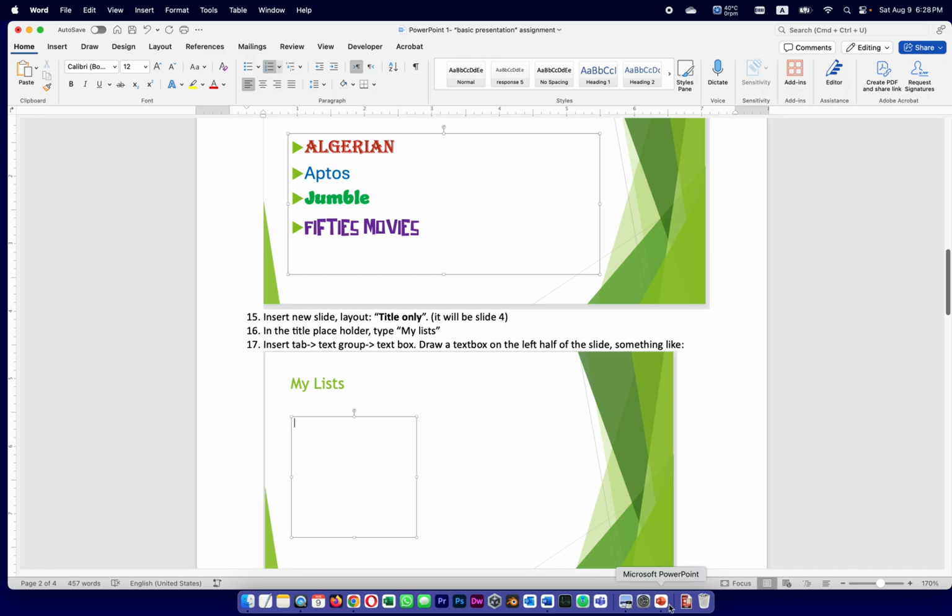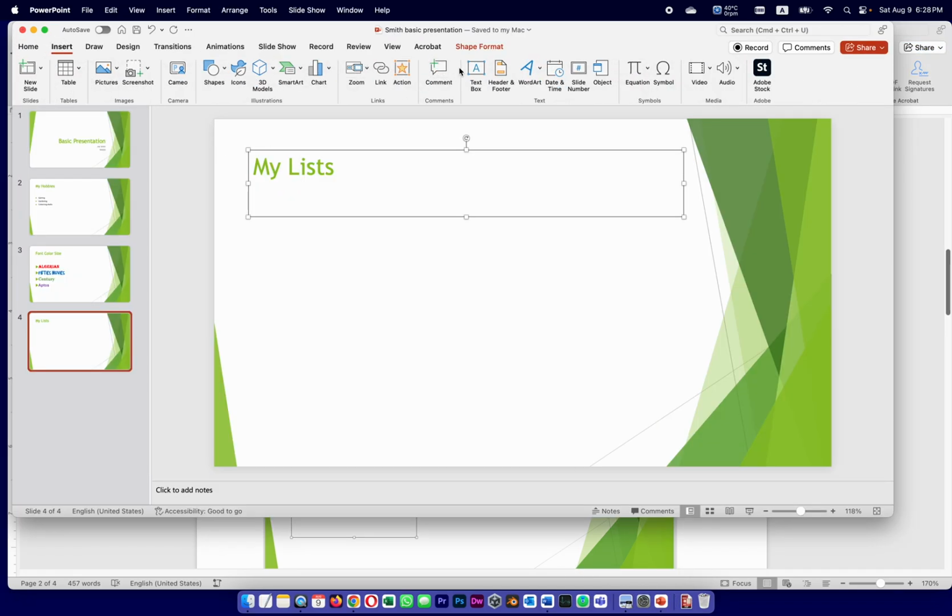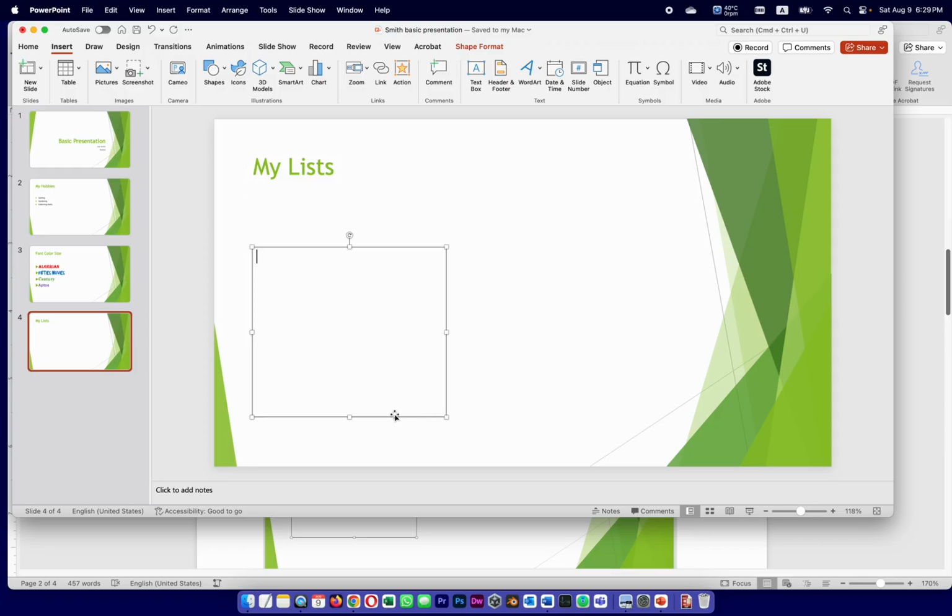How do we do that? I'm going to go to the Insert tab, find text box, click on it, bring my mouse in, and start from where I think the top left corner is going to be. Click, hold, and drag with my left mouse button, and I got this box. And in this box,